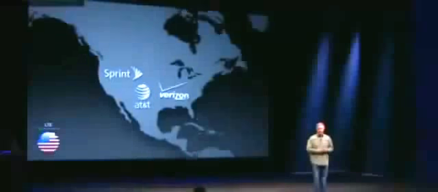Now, you probably know LTE is probably the most complicated networking technology ever brought to this earth. And there are different bands and frequencies around the world. So an important question is, who are we working with to roll out LTE on iPhone 5? Well, in the US, we have great partners we're working with, AT&T, Verizon, and Sprint, to support LTE on iPhone 5. In Canada,